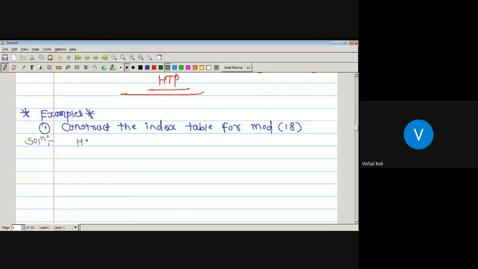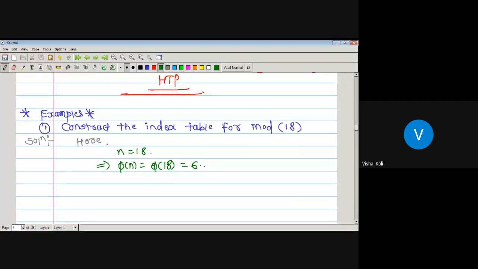Okay, so here we have just given N is equal to 18, and we have to find out the primitive root R and the integers A which are relatively prime to N, and then we have to find out the index of each of these integers A. Okay, as N is equal to 18, which implies what is the phi of N? 6. Phi of 18, which is equal to 6. So here we get the 6 integers which are less than 18 and which are relatively prime to 18.